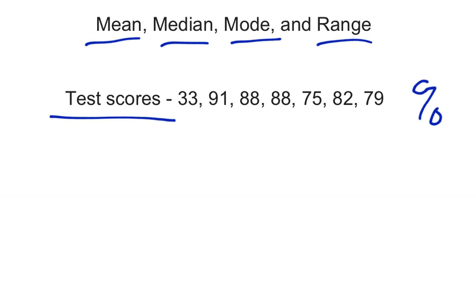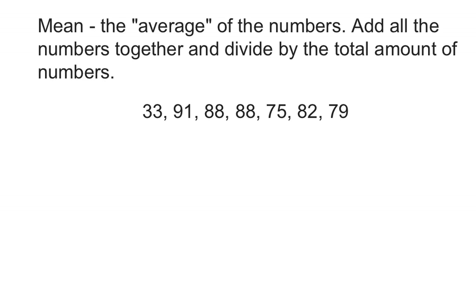If this was a class, which there are 7 people in because there are 7 test scores, we want to know: did this class do well? Did they not do well? Did certain people do well and others not do so well? There are just different ways to look at the information. So what we're going to do today is go through these words, mean, median, mode, and range, and talk about what they mean. The first one is the mean,